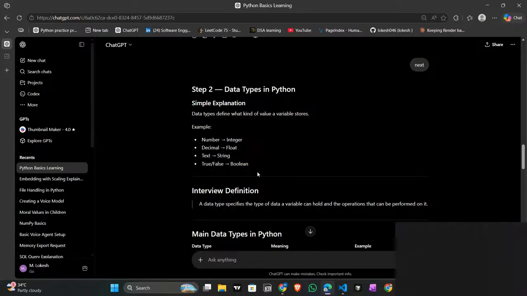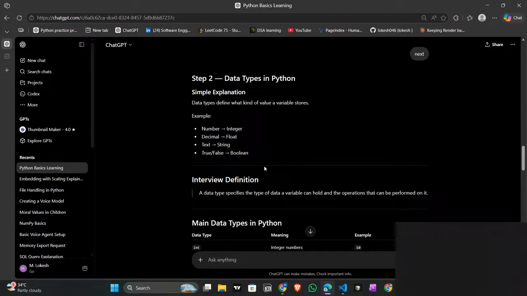Let me show the representation of these four data types, how they look. Before that, we will see the definition for this question for interview purposes. A data type specifies the type of data a variable can hold and the operations that can be performed on it.